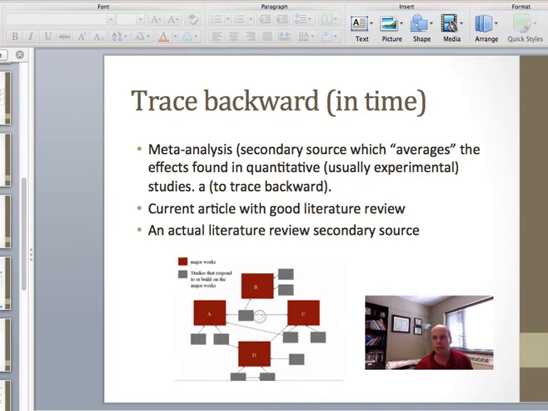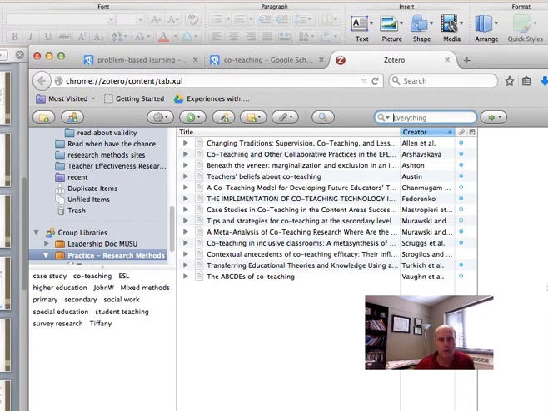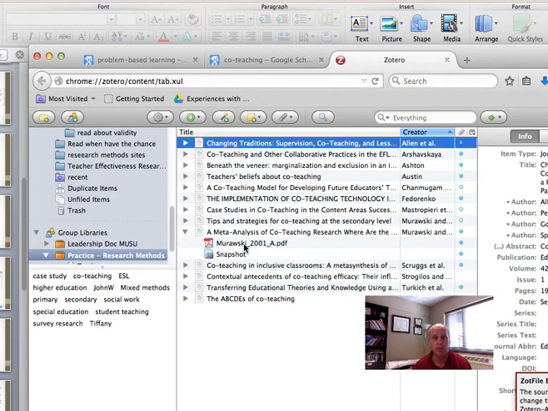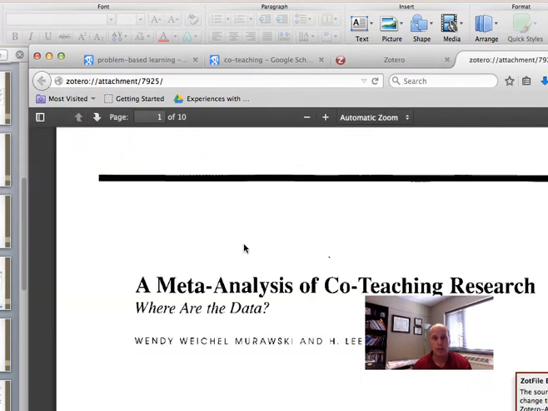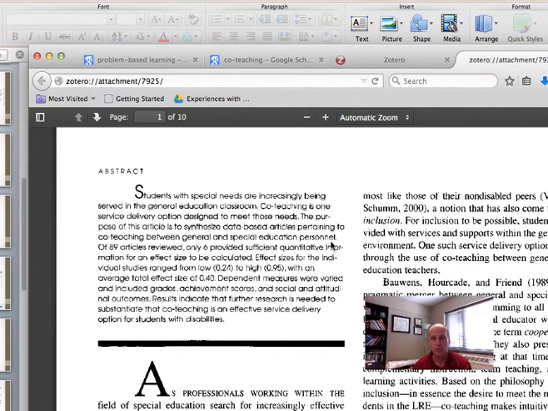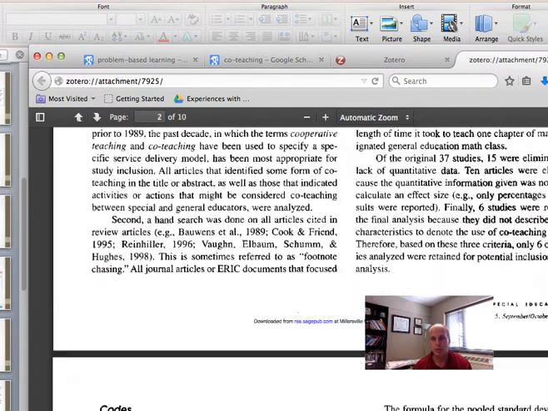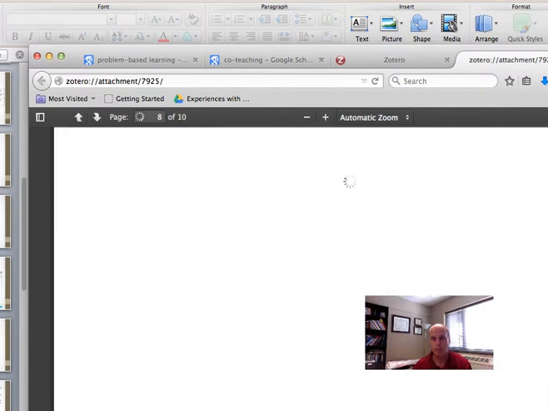So I'm going to go to Zotero now, and this is the practice folder that Tiffany and I have worked on. And we actually have several of these kind of studies already in our collection. So here's a meta-analysis. And if I open it up, it's an article by Murawski. And what we're saying is that you can use this article, the reference list in this article, and what you would do is